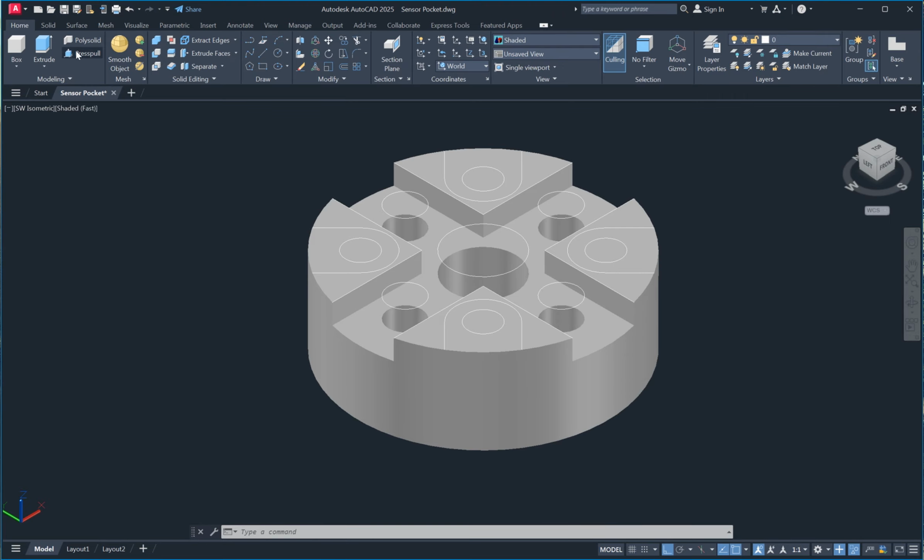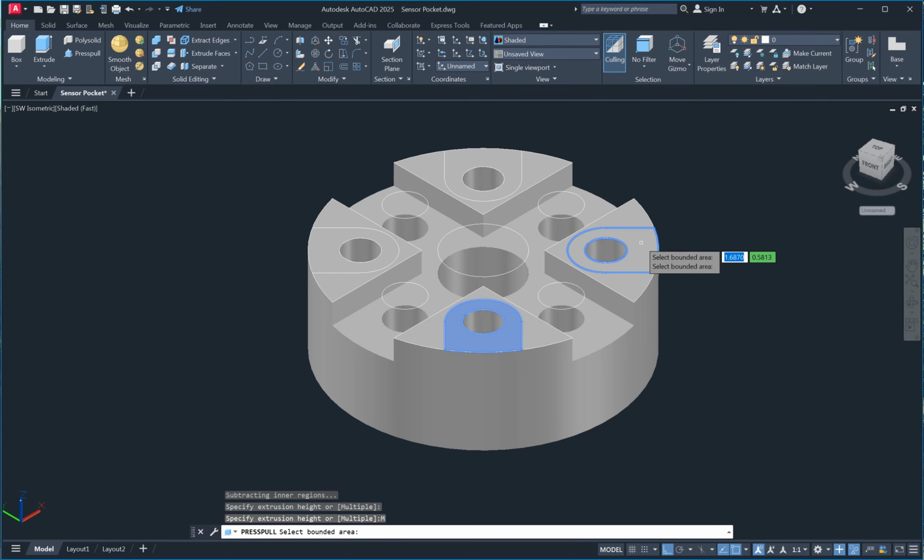So we go to presspull, boundary area, but before boundary area we need to boundary the default circle, go to multi, default circle, presspull down to make a hole, and the next the same, boundary area, multi, select boundary area, this one.